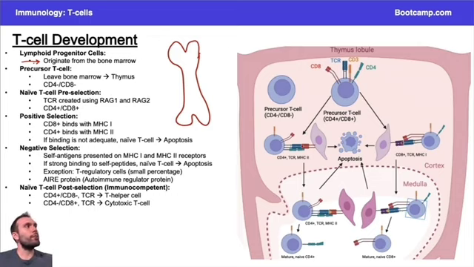However, the T cells are a little bit different in that they develop in an outside lymphoid organ, and that is going to be the thymus. You might be saying, well, how do you even get these lymphoid progenitor cells over to the thymus? Well, certain chemokines are released that signal the lymphoid progenitor cells to shuffle some of their inventory over to the thymus so that we can develop some T cells. So this lymphoid progenitor cell is going to leave the bone marrow through the bloodstream and eventually go to the thymus. At this point, this cell is CD4 negative, CD8 negative. There's no CD4, there's no CD8 on this cell. These are two markers you want to be really familiar with on a T cell, particularly in the stages of development, because different stages, they'll